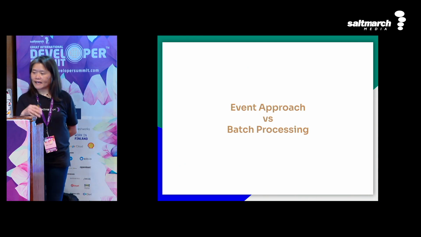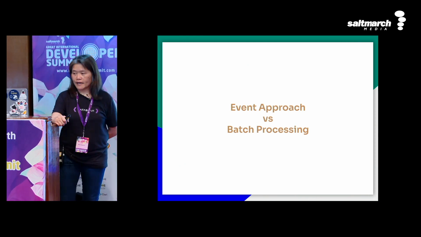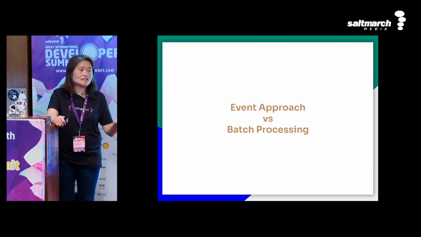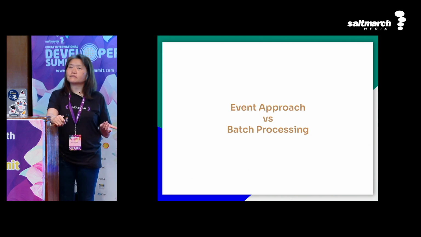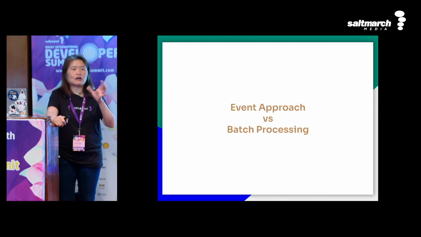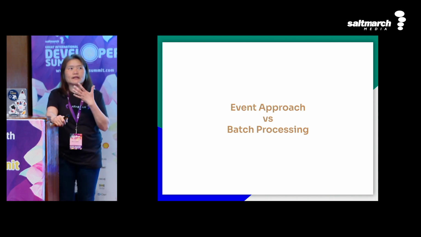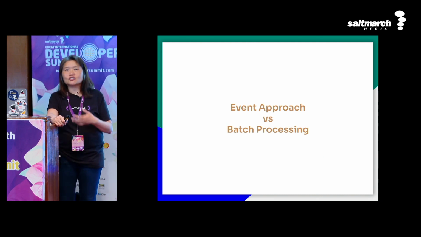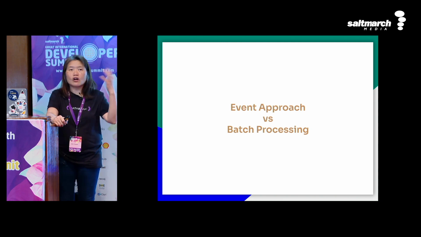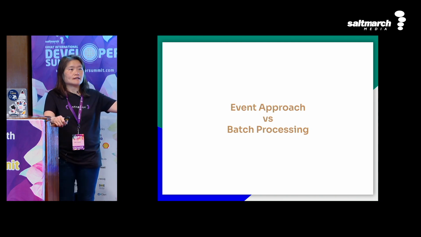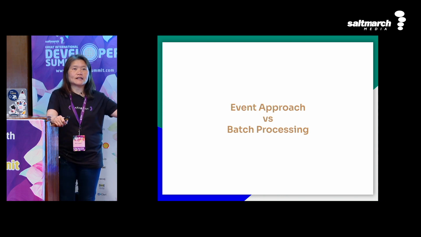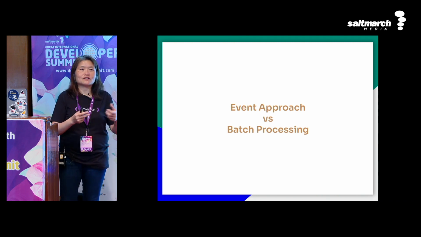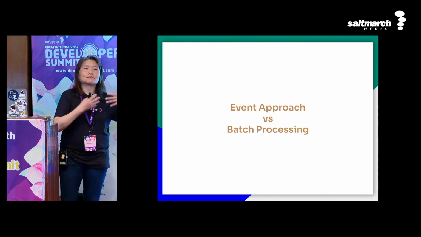Now back a little bit to this event approach. If we don't do event processing, there's also batch processing, which is still widely used. The reason is that in some cases you don't worry so much about the timing of processing. For example, a system of record, like a company employee system. Employees move around and need to update their addresses. You collect all of those changes and apply them for the day in one shot at night, when the system is less busy.